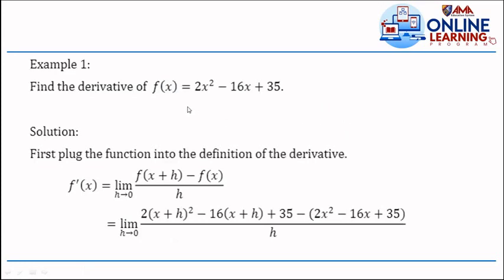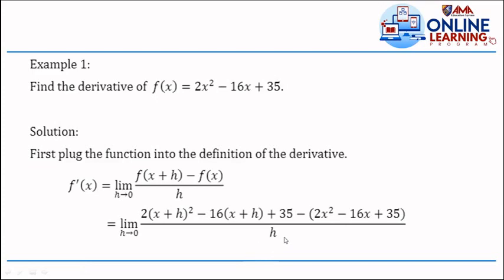So example here, find the derivative of f of x is equal to 2x squared minus 16x plus 35. So from our formula, you're going to replace your x by x plus h. So if we're going to simplify that, f prime of x is equal to the limit of f, okay? Replace this by x plus h. Okay, this is our formula. So we have 2 times the quantity x plus h squared, minus 16 times the quantity x plus h, plus 35, minus your original f of x, the value of which is 2x squared minus 16x plus 35,